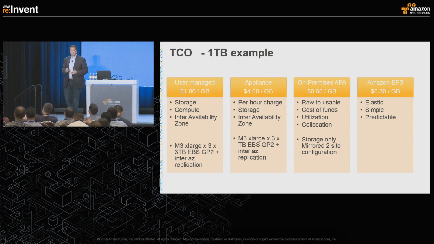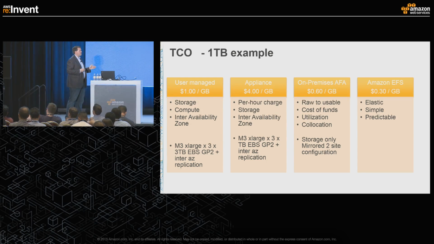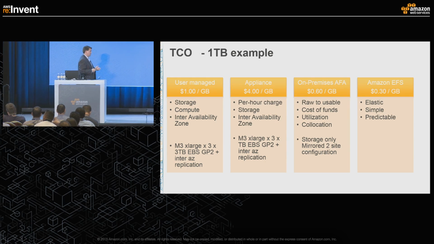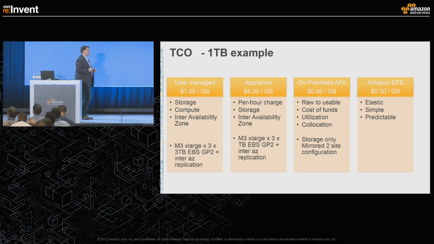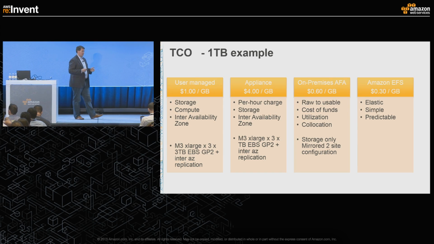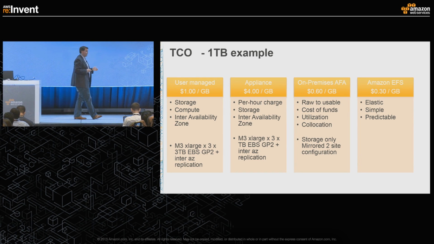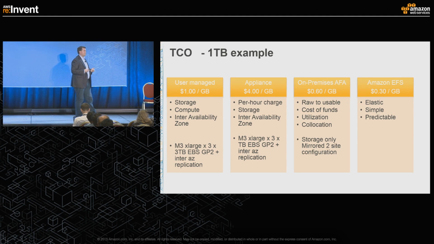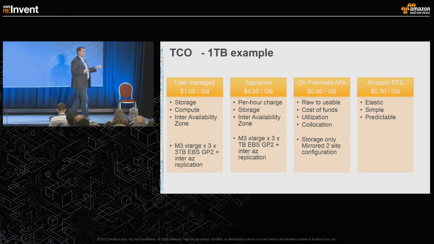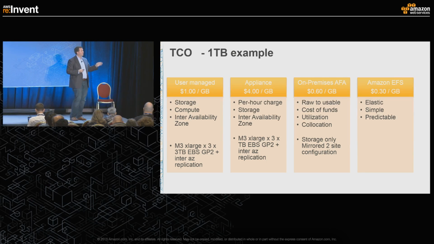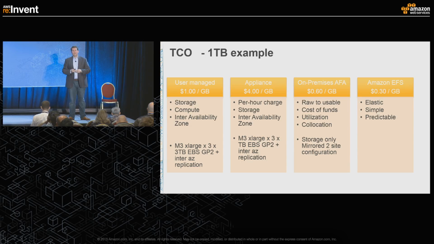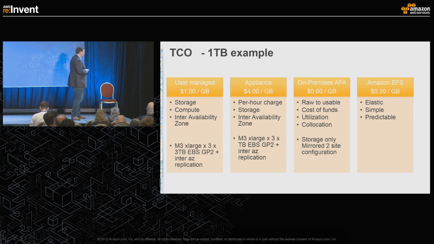3 additional AZs. And for transparency here, I took an M3 extra large, 3 of those, 3 terabytes of EBS GP2 disk, and modeled for some inter-AZ replication for a busy file system over a monthly basis. And when you sum up those moving vectors today, these are real hard costs. These aren't any clever math or soft costs, et cetera. When you sum up all these costs today, it costs you about $1 a gigabyte using these portions of the infrastructure that I've shared with you.